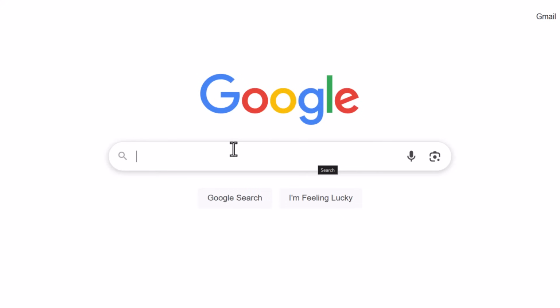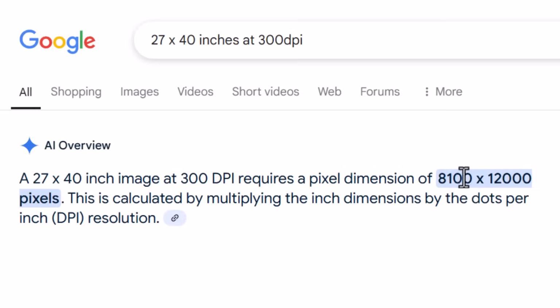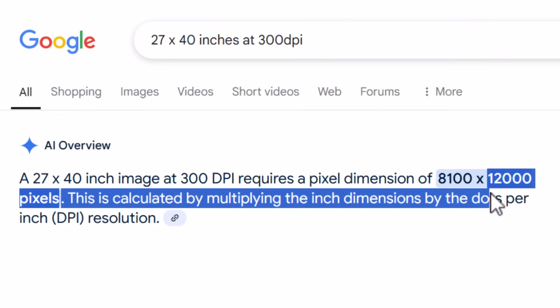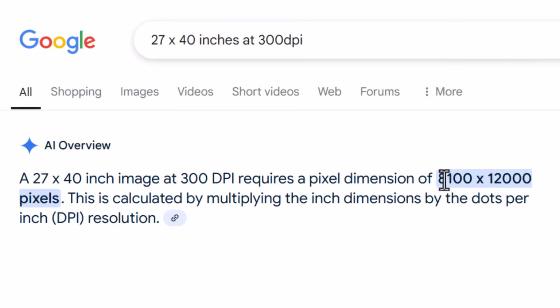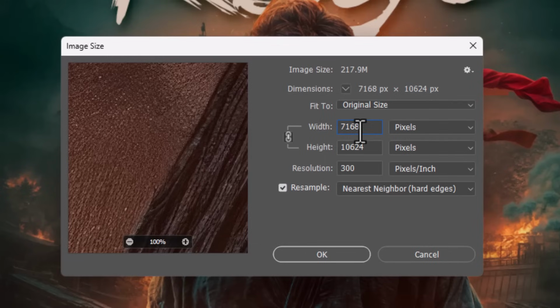Now coming back to Google, I'm going to search for 27 by 40 inches, which was the measurement, width and height. But I'm going to type in "at 300 dpi" at the end. I submit that, and you see it gives us a pixel resolution of 8100 by 12,000 pixels. Now our image is actually slightly under that, but because of the amount of detail we have, we can go straight back into Photoshop, go to Image, Size, and just simply take it up to